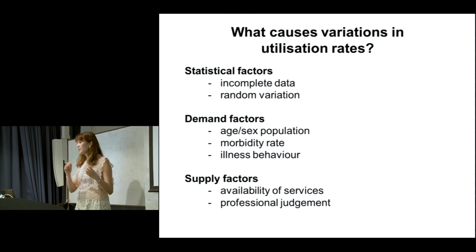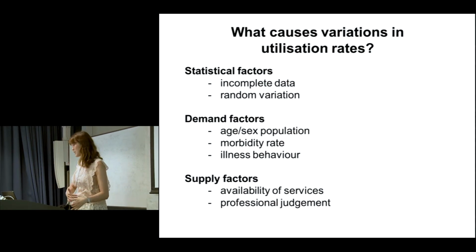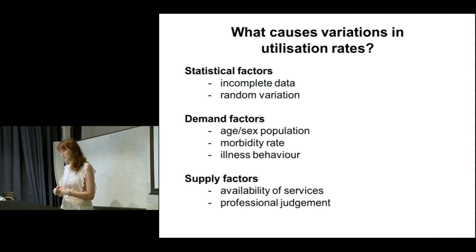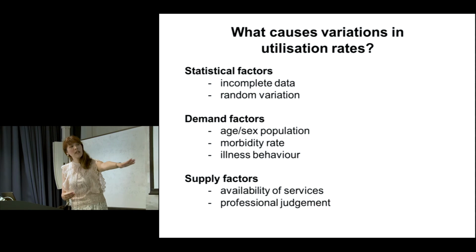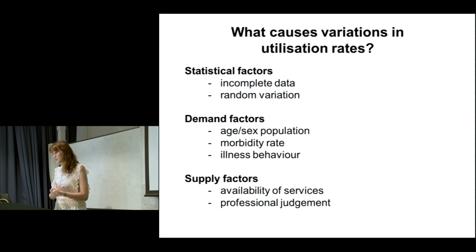And then when we are seeing data, we want to know if people are reporting data in a way that's fair and also in a way that's transparent. Some places are under-reporting intentionally because they know we want to decrease variation. Also, for supply side, when there's availability of services, it's pretty standard; we can measure that very easily. We know that professional judgment varies a lot between countries, as we've seen.